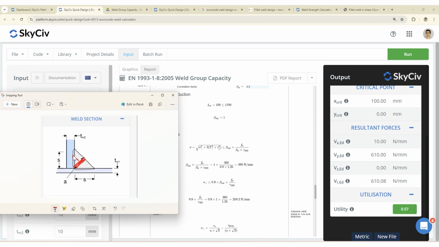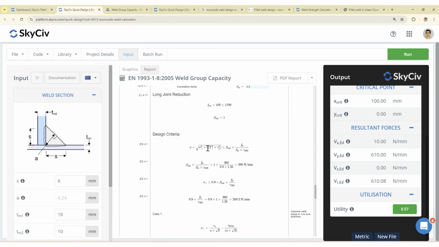Next, we have our perpendicular stress, our shear stress that is perpendicular to the weld, which goes in this direction here. And then finally, we have our parallel shear stress, which is going into the page. Now, what we'll notice here is we have this 3 factor on these 2 parameters here, whereas there's no 3 on the normal stress. Now, with the simplified approach, basically we're simplifying to have a 3 here as well, and